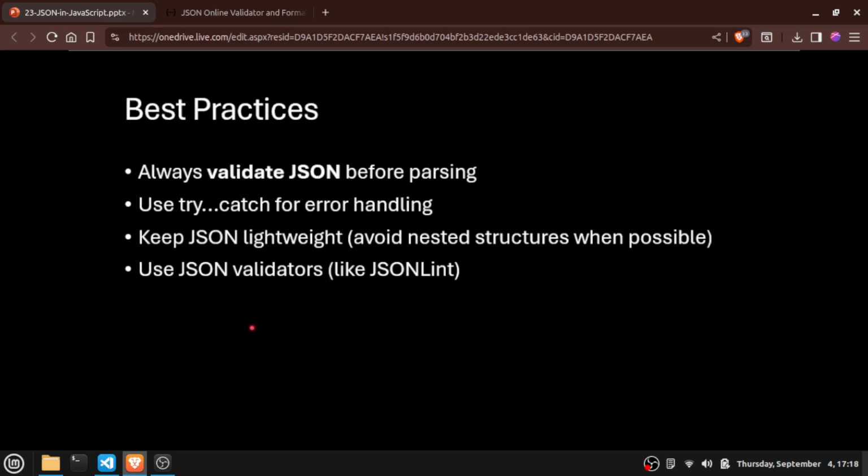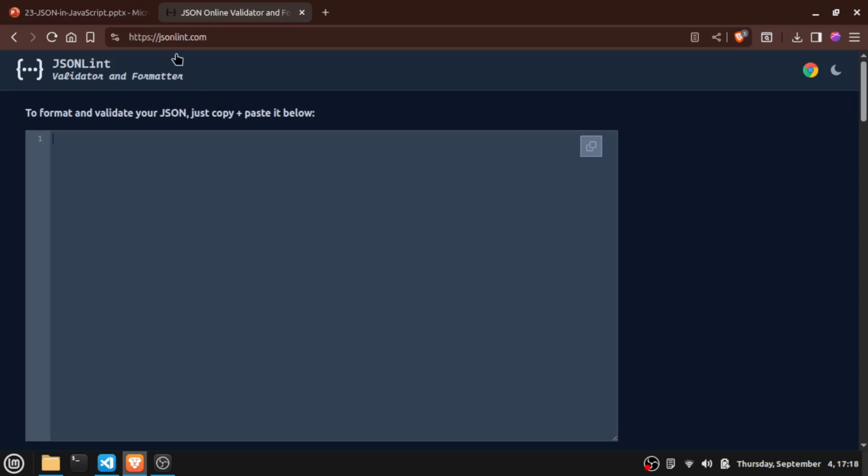So before we wrap up, here are some best practices. Always validate your JSON before parsing, and always use try-catch for error handling. Keep your JSON lightweight, avoid unnecessary nesting, and when in doubt, use a tool like JSONLint to check if your JSON is valid or not. Like if I check,